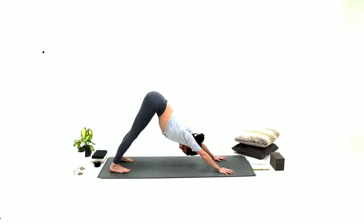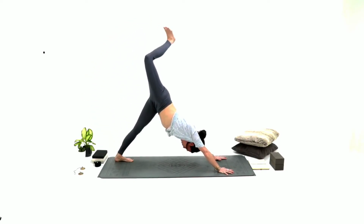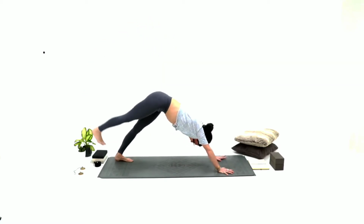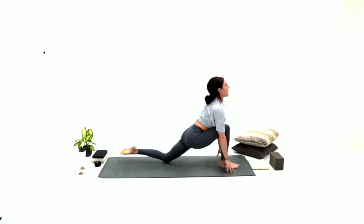3 breaths. Breathing in. Breathing out. Breathing in. Breathing out. On the inhale, rise, lifting all the way up through the right leg. If you'd like to, you can open through the hip, flexing through the foot and opening the knee, dropping out. Breathing in. Breathing out. Inhale. Exhale. On the inhale, lengthen. On the exhale, step the foot right between your fingertips, drop down through the back knee, uncurl the toe, inhale,